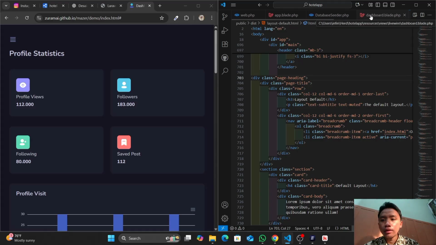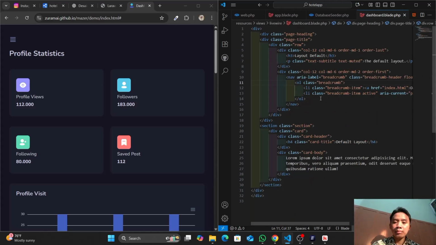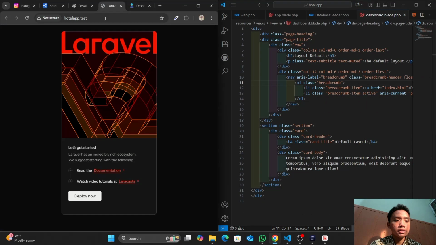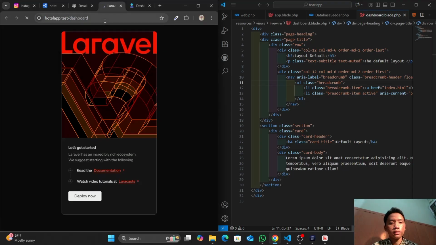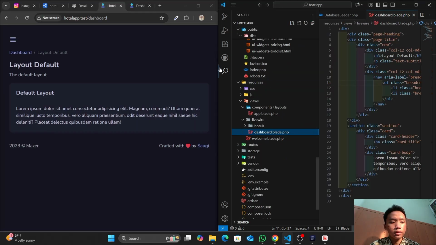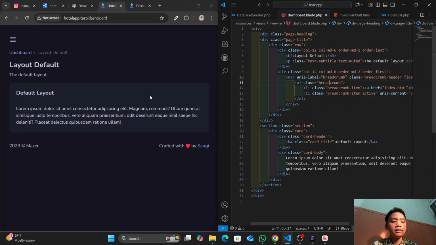Yes, the page heading, you can copy it, but it depends on your template. So you can look for yourself what the main content style is.